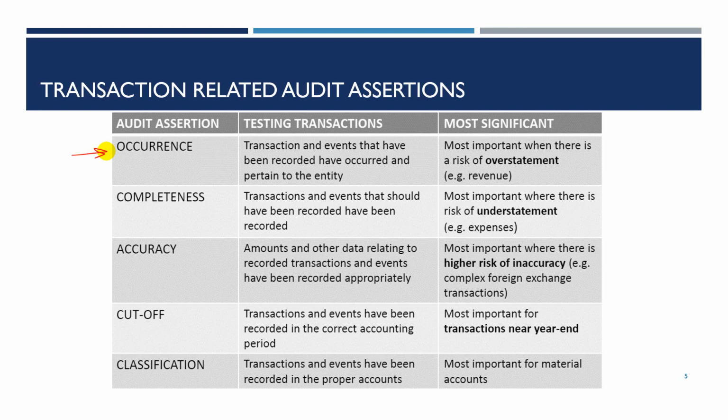When auditor tests for this assertion, auditor searches for evidence to make sure that a recorded transaction or event such as sales or revenue or expense items took place and relate to the entity. This assertion is important when the auditor believes that there is a risk of overstatement, or you can say that some transactions and events are recorded but did not actually occur. For example, fictitious sales can be recorded by management to overstate revenue and profits so they can meet their targets.